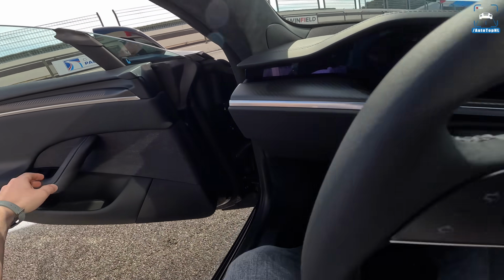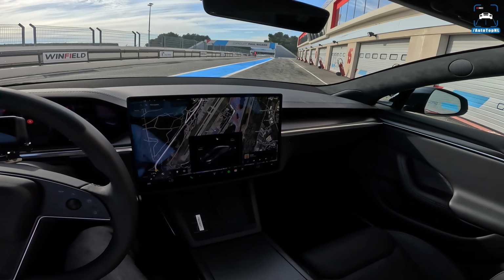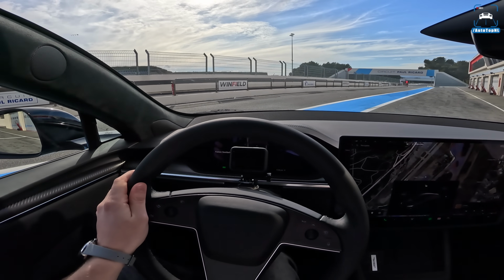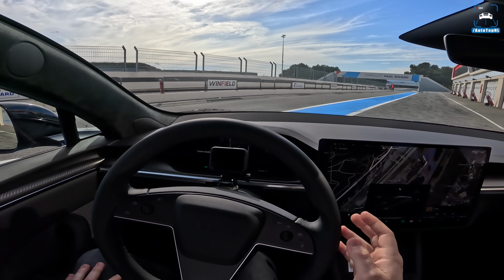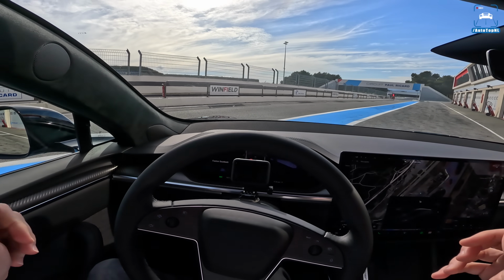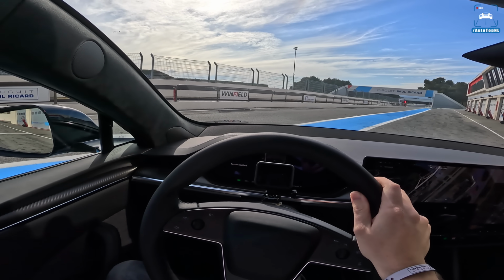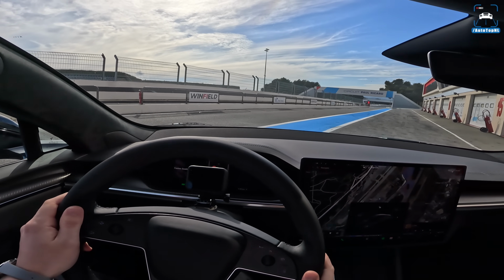So inside, as you can see, nothing really has changed, still the same simplistic interior. I think one of the main changes which Tesla actually did, and they listened to Max, is change the steering wheel back to the regular round steering wheel. So the yoke, as they call it, is now an option. This is what you get from factory basically, which in my opinion is a big improvement,